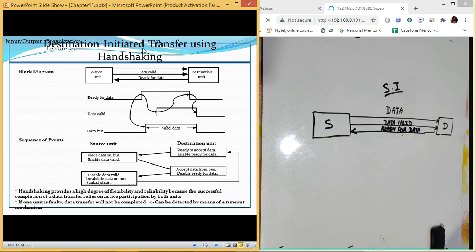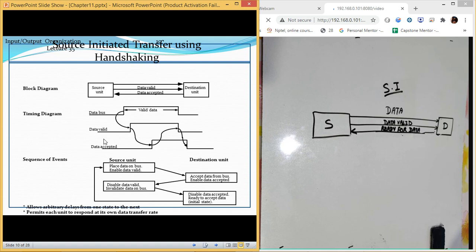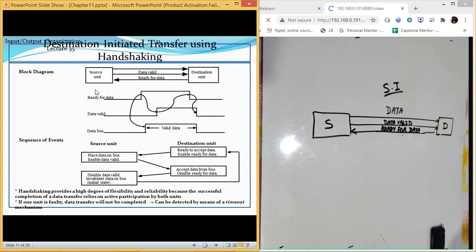First of all, what happens? We have the ready for data signal which we have received at this place. Now you can see this, there is a slight change in these values. So ready for data signal is at the top right now. So first of all we receive the ready for data signal, and once we receive the ready for data signal we enable the data valid.